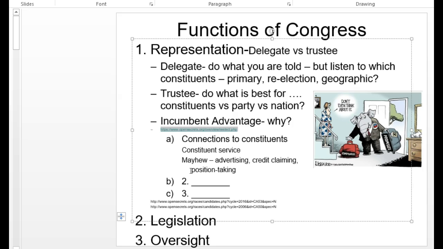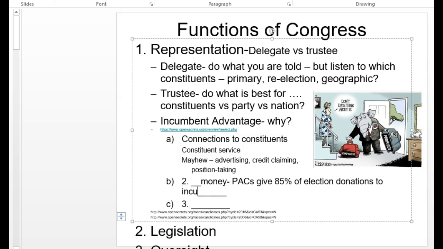So these things all help an awful lot. Another issue that's very important, I'll let you think about it for a minute, is money. The incumbents have an advantage when it comes to raising money. One of the things that we see, for instance, is that PACs give 85% of election donations to incumbents from both parties. That means they give very little money to people who are not currently in office, and this makes a very